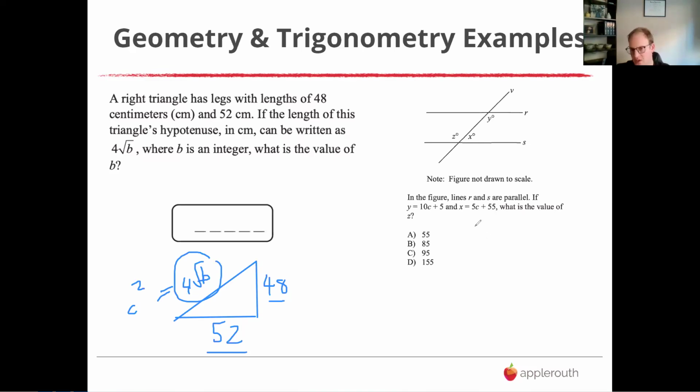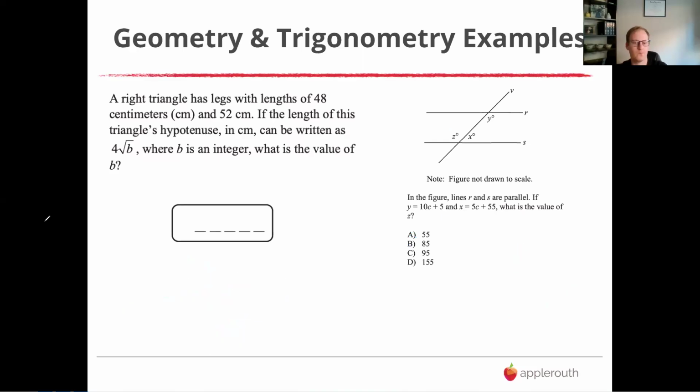For the second one, you got to know alternate interior, alternate exterior. So understanding that y equals z, but also that x plus z and x plus y would equal 180. Once you have that, you can pretty easily plug these in, solve for c, and then solve for z. And right away, these answers don't make a whole lot of sense because they are less than 90, whereas z is clearly an obtuse angle bigger than 90. So when I say double check that you're solving for the right thing and that you have an answer that makes sense, that's part of what I mean. So logic is always an undercurrent through this test.